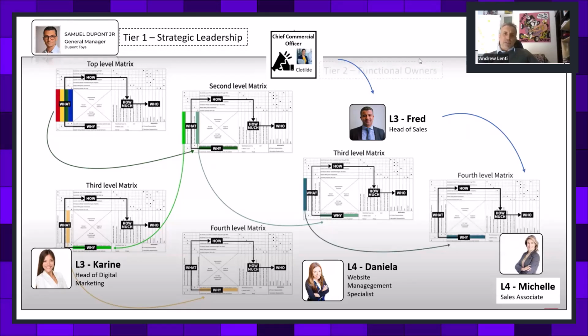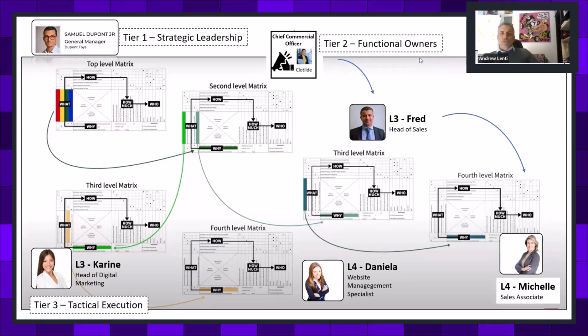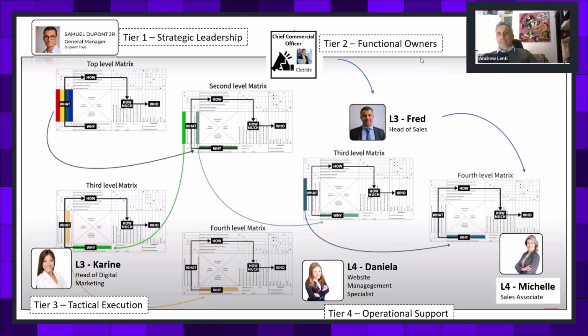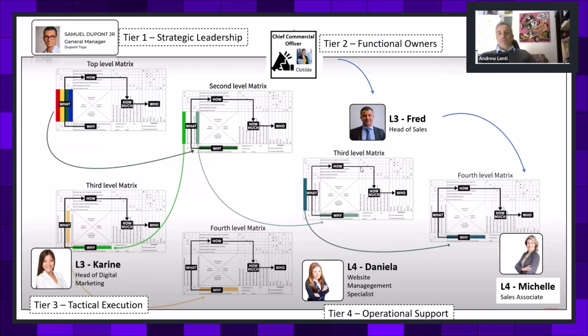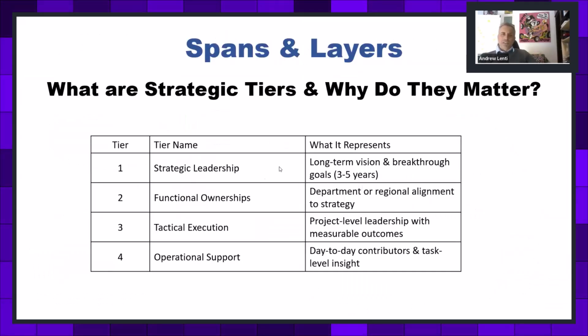So one thing that is important to do before you just start going out there, and I can see this in big companies and small companies, is identifying how many layers are in this company from a strategic point of view, because at the end of the day, you're always going to start at the top. And if the senior management team doesn't understand what your strategic roadmap is, it's not going to go very far, because you're not going to be able to have an effective catchball process. So for Dupont, you're going to see we set up 4 tiers: strategic leadership, functional ownerships, tactical execution,